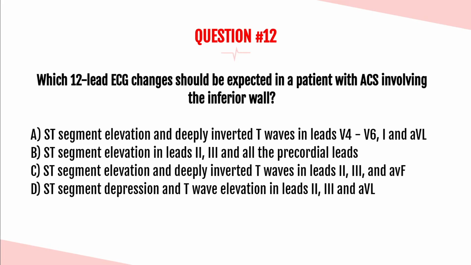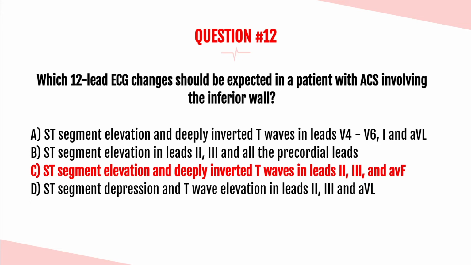C, ST segment elevation and deeply inverted T waves in leads 2, 3, and AVF? Or D, ST segment depression and T wave elevation in leads 2, 3, and AVL? The answer is